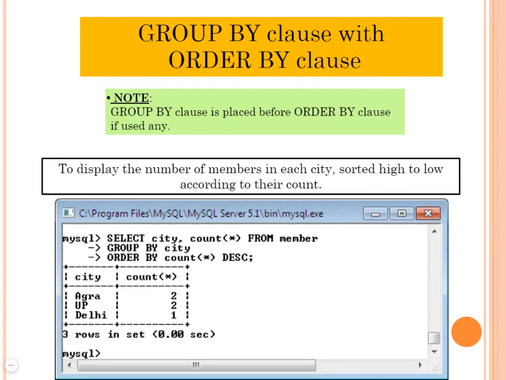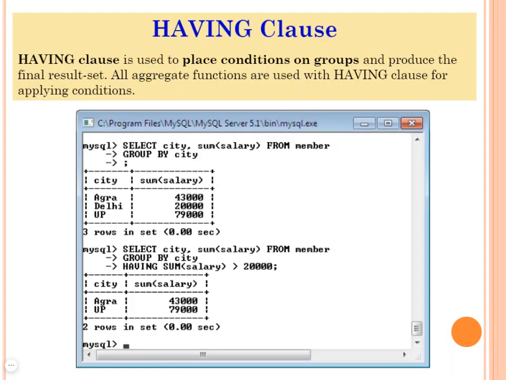Clear? Now see the next clause, that is the HAVING clause. It is always used when GROUP BY is used, because it is used to place conditions on groups and produce the final result set. See how the first command is the same as earlier. SELECT city, SUM(salary) FROM member GROUP BY city.